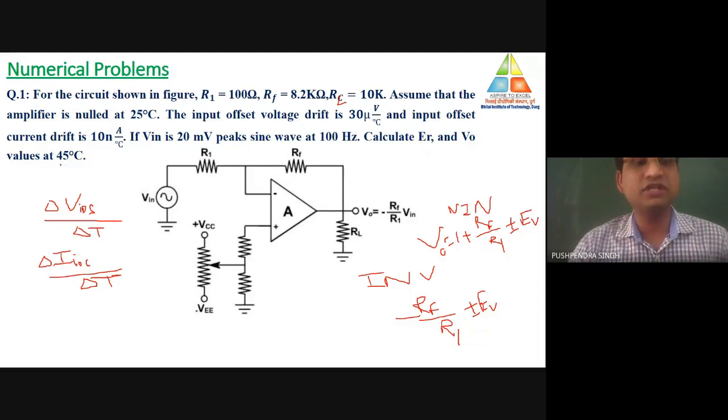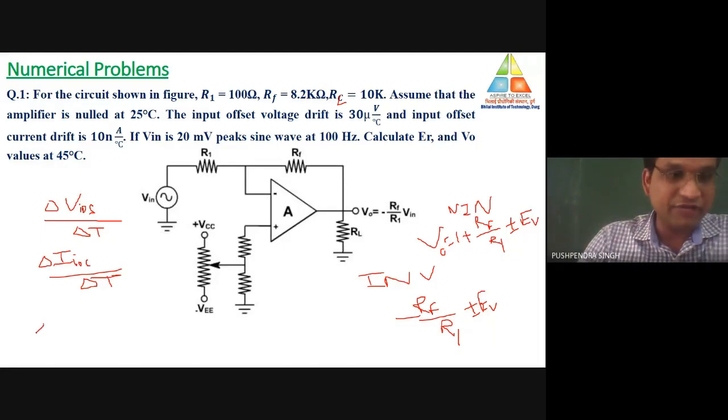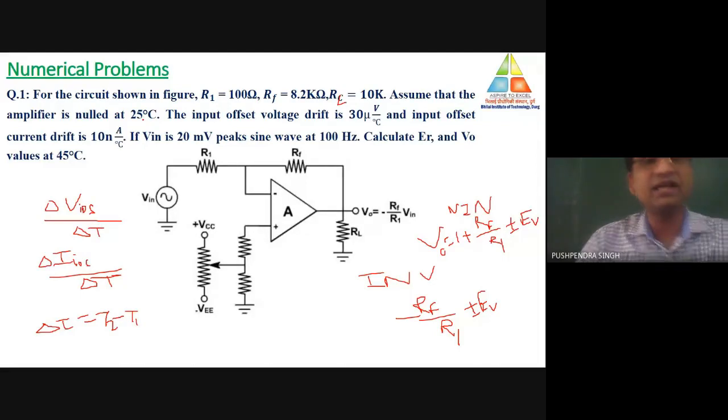values at 45 degrees centigrade. This final temperature is given. So these two temperatures are given here, null temperature and final temperature. In all the conditions, these two temperatures would be given to you. This is for calculating the value of change in temperature del T. So del T is equal to T2 minus T1, where T2 is the final temperature, the temperature at which you are going to calculate the value, and T1 is the initial temperature, which is the nulling temperature.